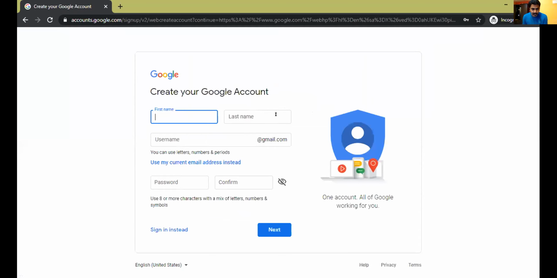Then you need to enter your name here, first name as well as last name. What is your first name? Okay, tell me what is your full name. I want you to type it in the chat box. You have the chat option there, right? Is there something known as chat? Click on the chat and type your full name.